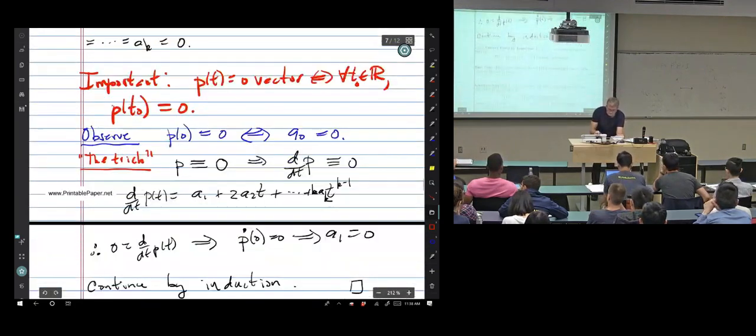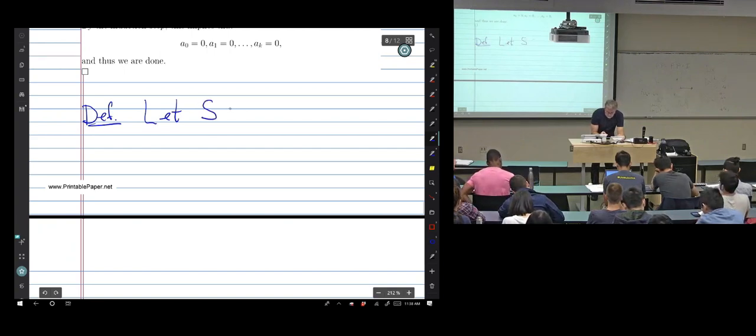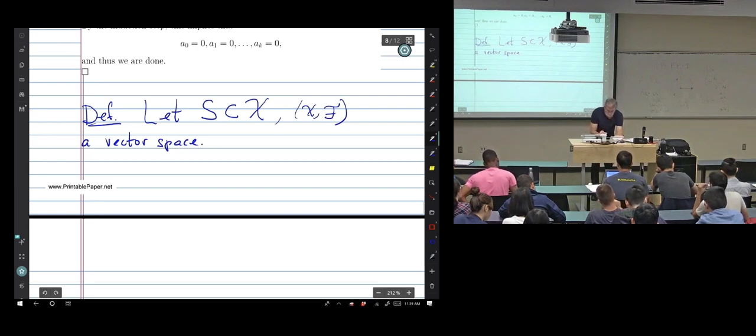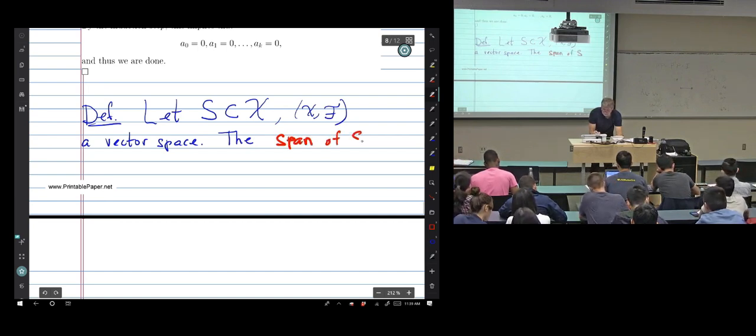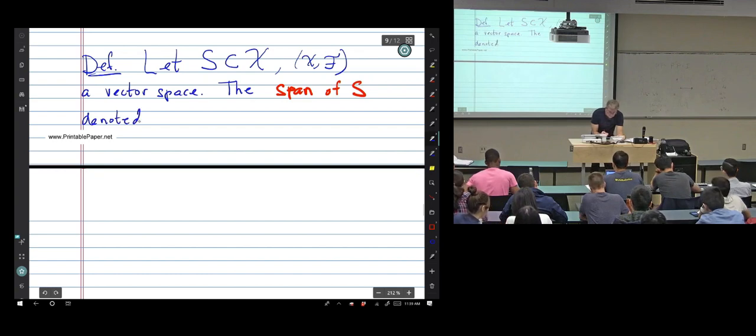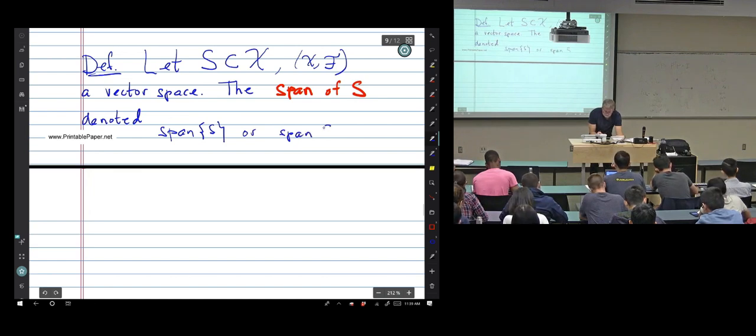Okay, so here's the next important part. Definition: let S be a subset of X, a vector space over F. The span of S, denoted span of S, or simply span S,